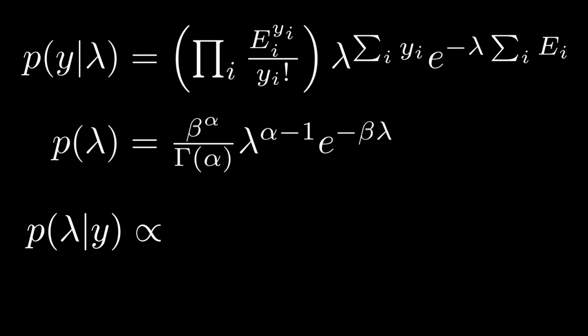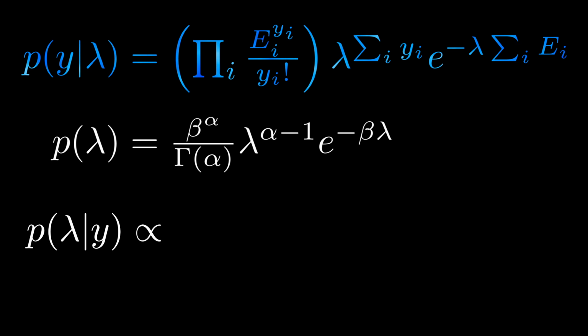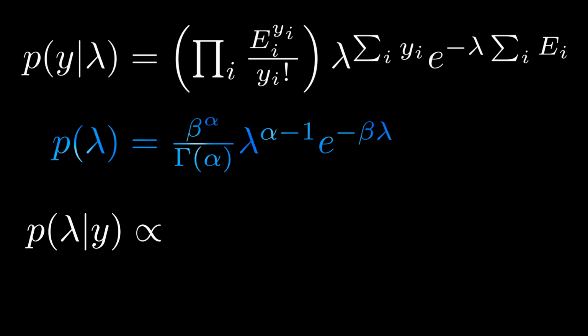Let's look at the computation in more detail. The top line is the likelihood. Remember that the count recorded at each site is modeled as a draw from a Poisson distribution, with a mean equal to the rate lambda multiplied by an exposure term. The likelihood combines these independent counts by multiplying the distributions together. On the second line is the gamma prior distribution. Out the front of each equation are constants that do not depend on lambda and can be dropped.